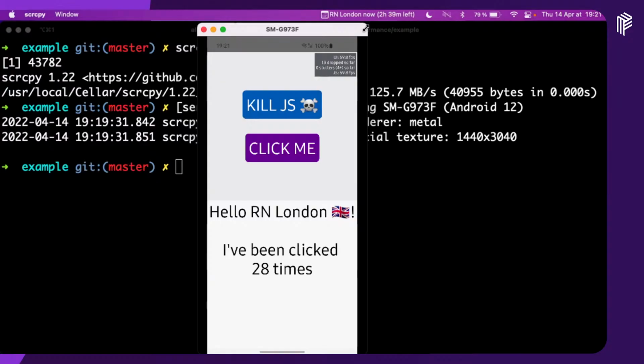So one thing to know is that, you don't see it so well, but on the top right, you have the performance monitor, which is quite nice. You have UI FPS. It says 59.8 due to how it's implemented in React Native. Actually, it should be 60. And if I do kill.js, you'll notice that the JS goes to -2. Well, you don't notice it because you don't have amazing super eyes and it's very small.